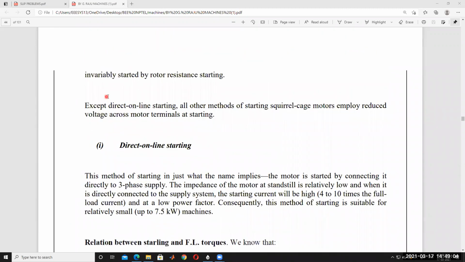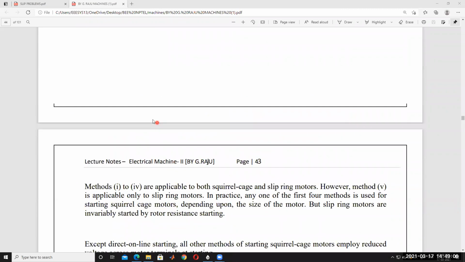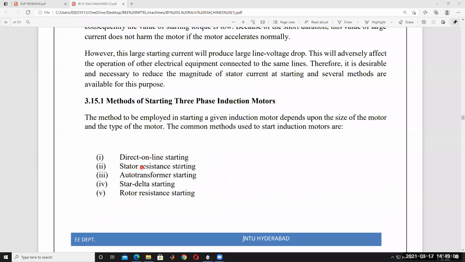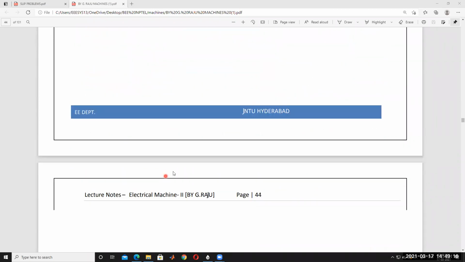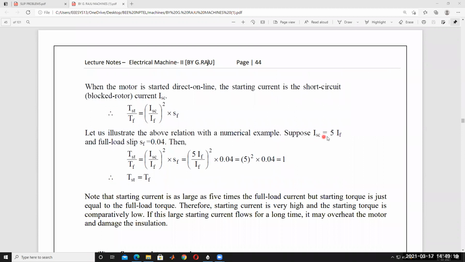So next, stator resistance starting. In stator resistance starting methods, direct online starting means directly connected to the power supply, and it draws current ISC equal to 5 times the full load current. Very high current is drawn from the supply. Understood? And then